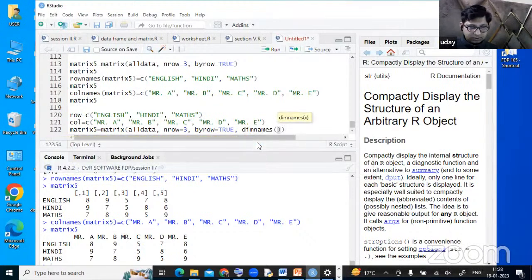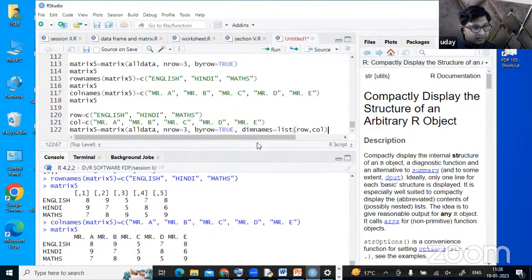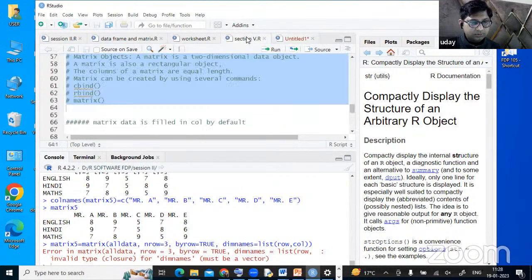This is used: dimnames is equals to list. Then you have to specify the row, comma, column. Have I missed any bracket? Yes. All brackets are intact. Oh, there is an error. It is showing invalid input. Close the dimnames. Wait, might be I'm using some